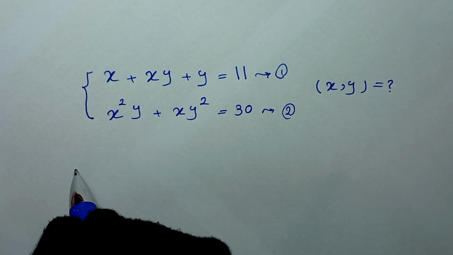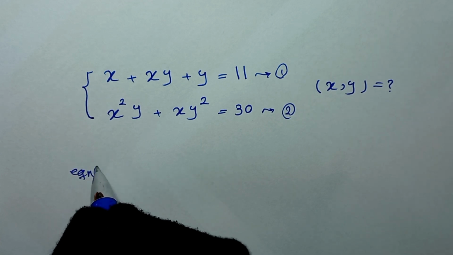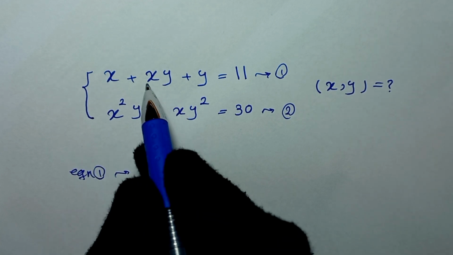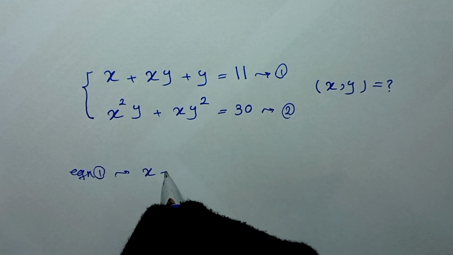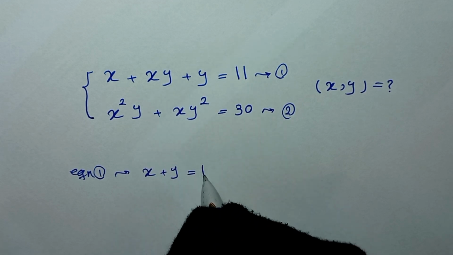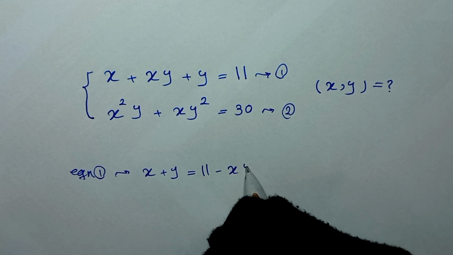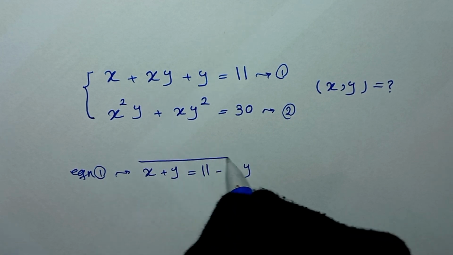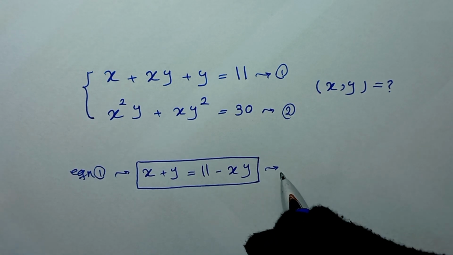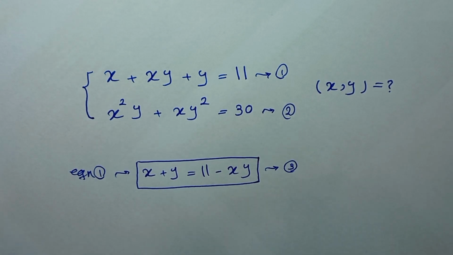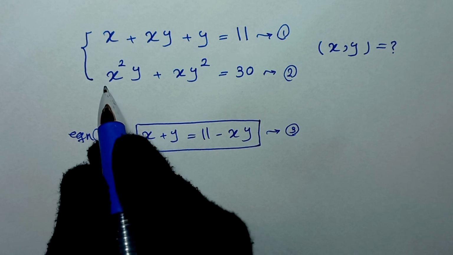From equation 1, we take this xy to this side and it will be x plus y is equal to 11 minus xy. And we let this be equation 3. In the next step, from equation 2,